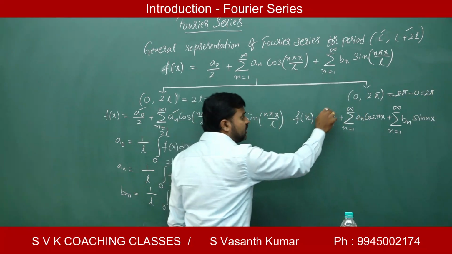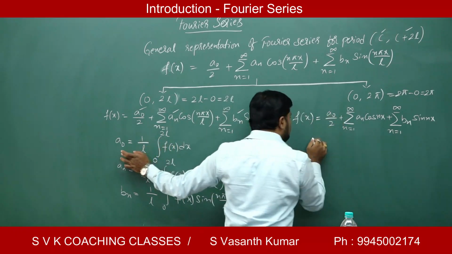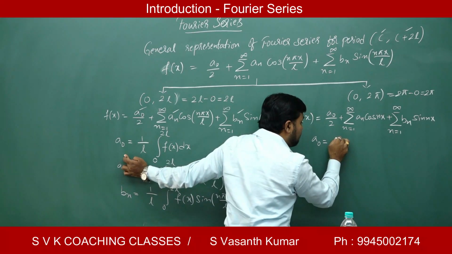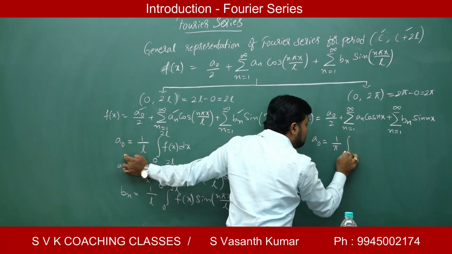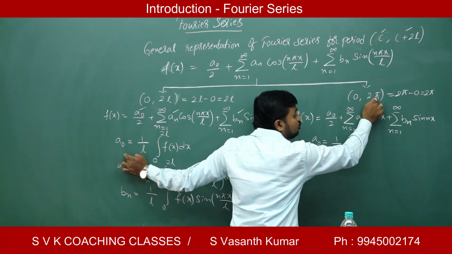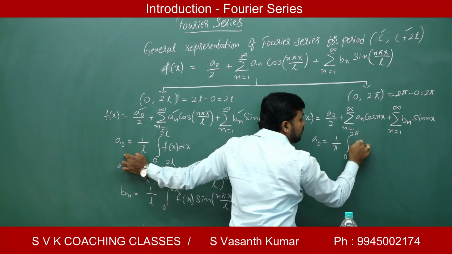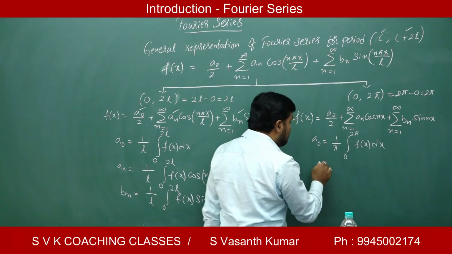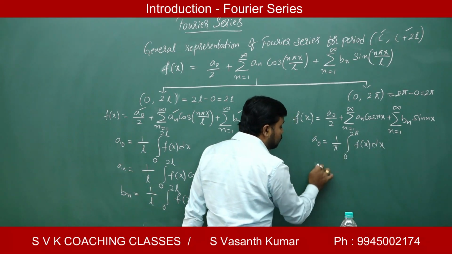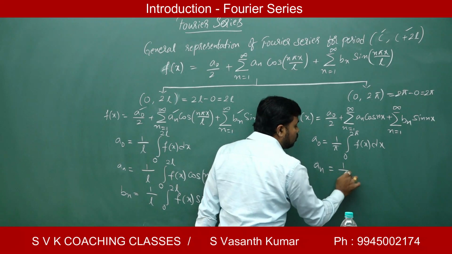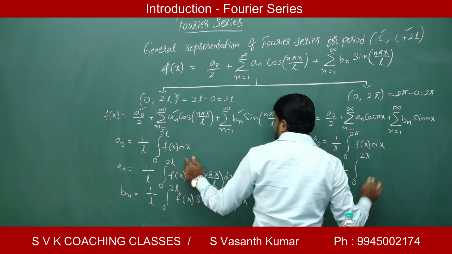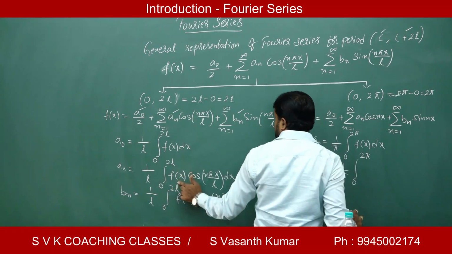So now let us find a naught. Just substitute pi in place of L. So a naught equals 1 by pi integral, see the interval 0 to 2 pi they have given, 0 to 2 pi f of x dx. Next, an equals 1 by pi integral 0 to 2 pi, observe here, 0 to 2 pi f of x